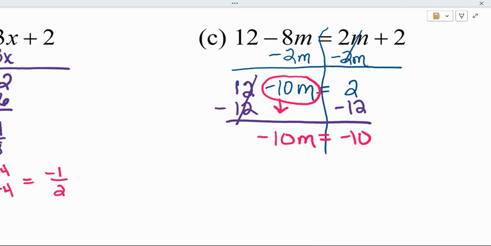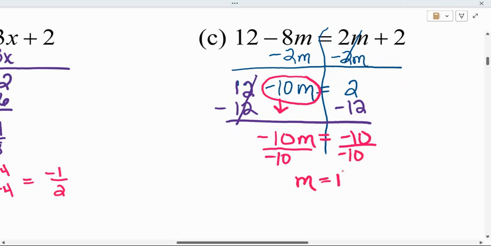Isaac, what do you want to do to finish this up? By what? Good job, negative 10. So m equals 1. That's perfect. How do we feel about that? Good? Okay. So those are just basic moving the variable term from one side to the next, moving the constant from one side to the next, and then